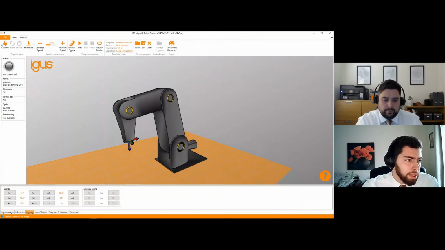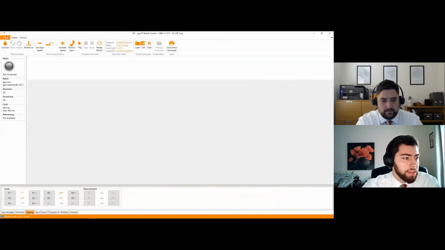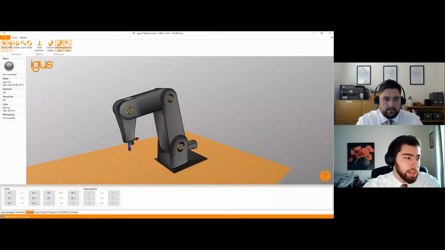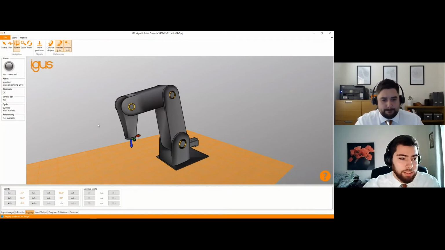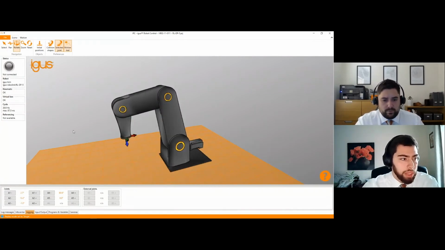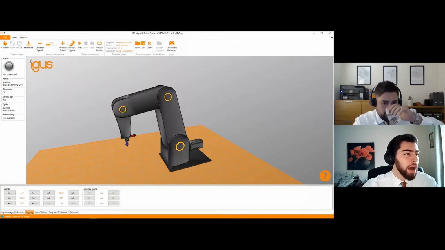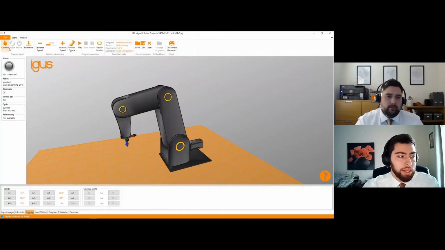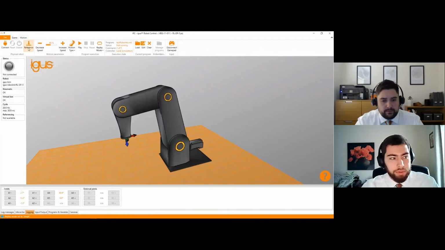On the top, you can see that we have the 3 main menus. It's the file menu, where we select the robot that we want to control. Then we have the scene, where we can move and adjust the screen of the digital twin to have the point of view that we require to program the robot in an easier fashion. And then we have the motion tab, where we have different tools to connect the physical hardware and reference the robot, which is the standard procedure.